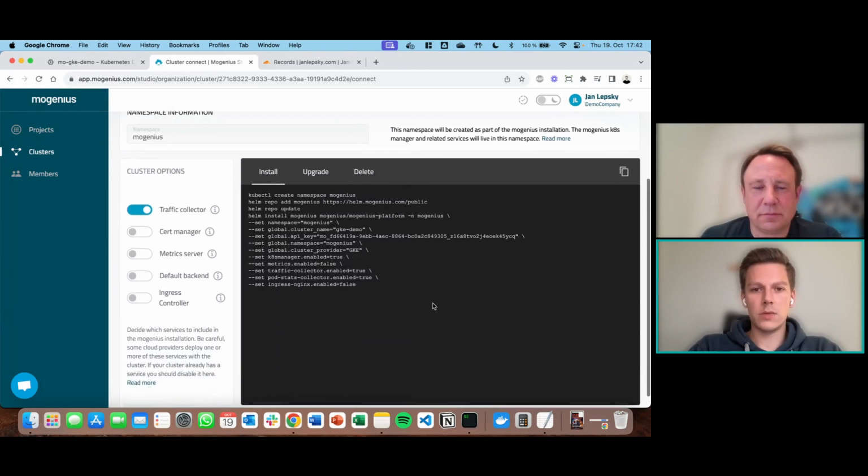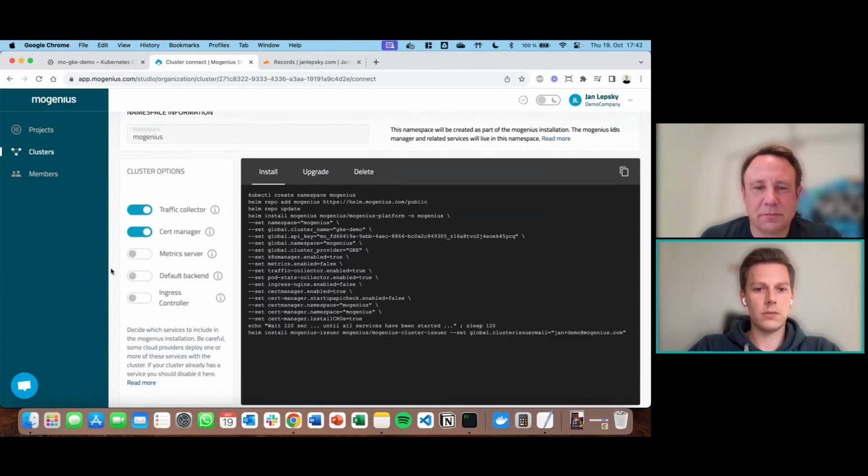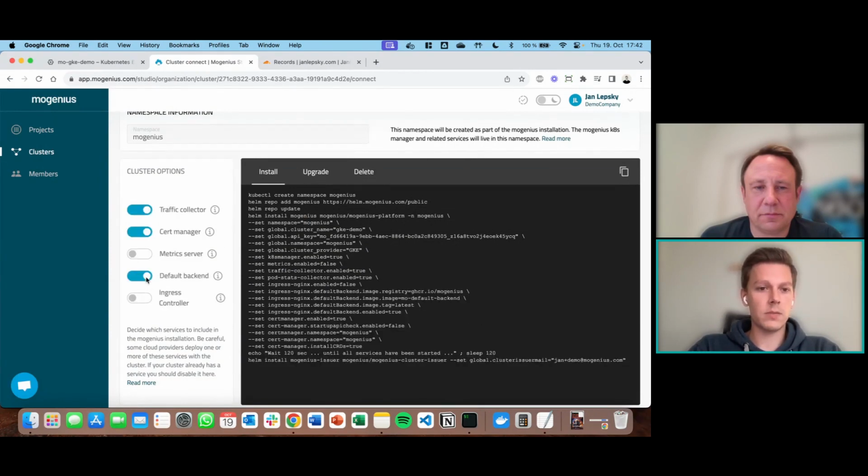Alongside with the operator, we can also deploy a couple of useful services like Certificate Manager. If we don't have one already, we can use a default backend. I'm skipping the metrics server because GKE brings one by default, and we can get an ingress controller. So goal is right now to have everything ready just by installing this Helm chart.